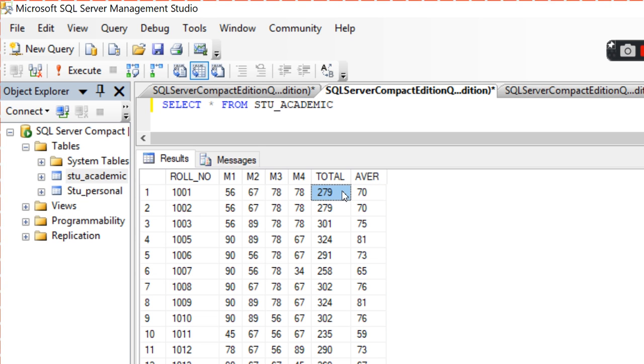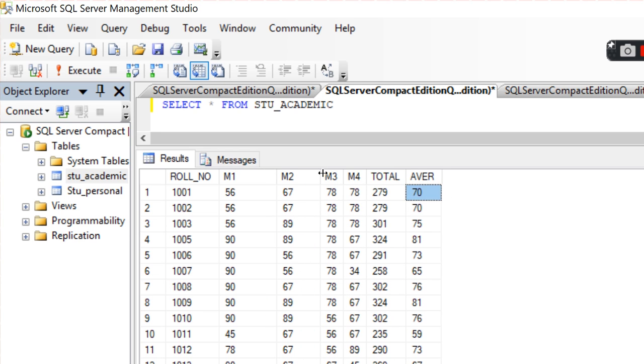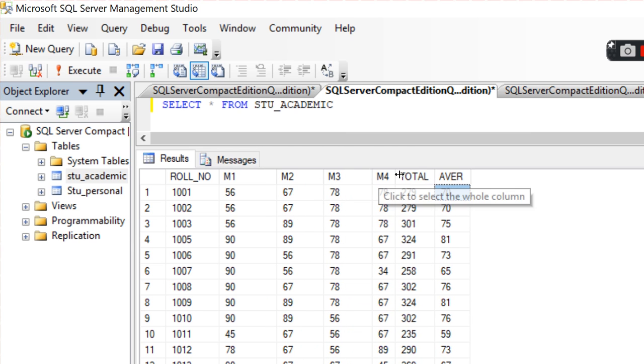You didn't do anything, you just gave only one line, that is, update this table name and set values. What values? Total equal to m1 plus m2 plus m3 plus m4 and average equal to total divided by 4. Both things have been given. According to that, the compiler has executed and made this total as well as average according to your calculation.